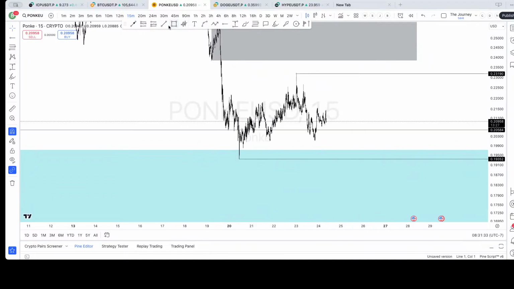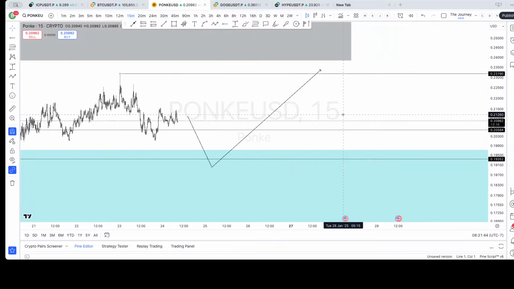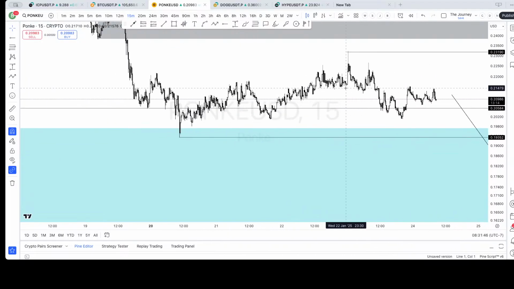Now I will say one thing from a more scalp perspective. If you can take the low again, and then look to trade back to that high, that would be immediately more interesting. But see, on the 15-minute, you lose your structure at the top of this range. The high is where it is.